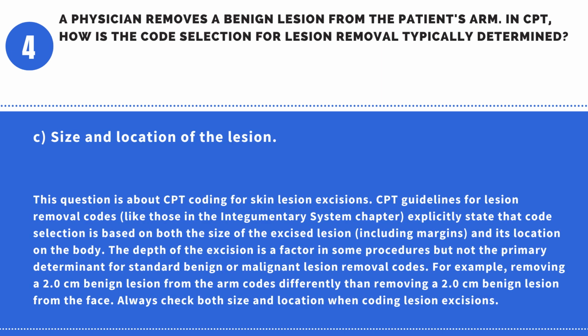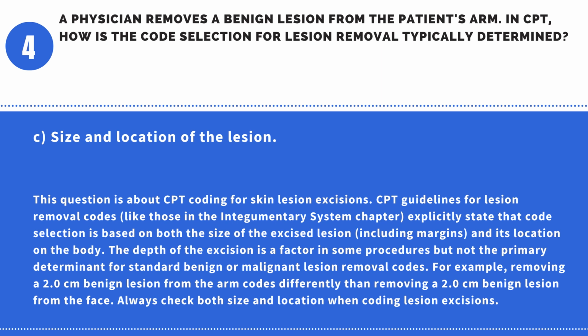Answer: C. Size and location of the lesion. This question is about CPT coding for skin lesion excisions. CPT guidelines for lesion removal codes, like those in the integumentary system chapter, explicitly state that code selection is based on both the size of the excised lesion, including margins, and its location on the body. The depth of the excision is a factor in some procedures but not the primary determinant for standard benign or